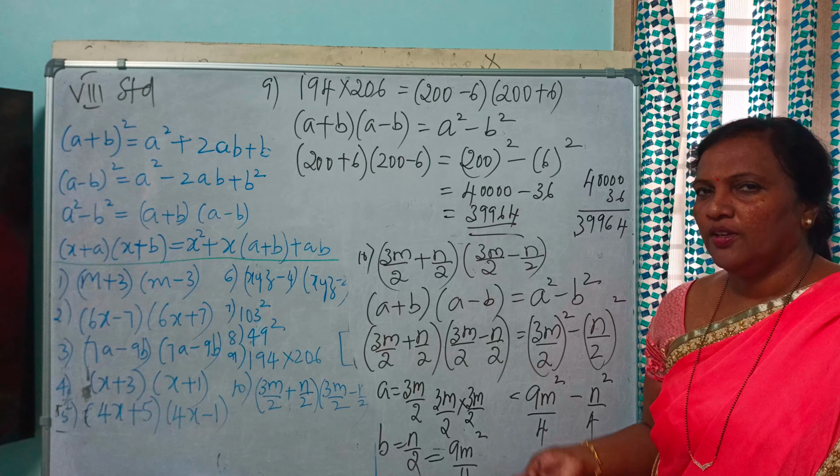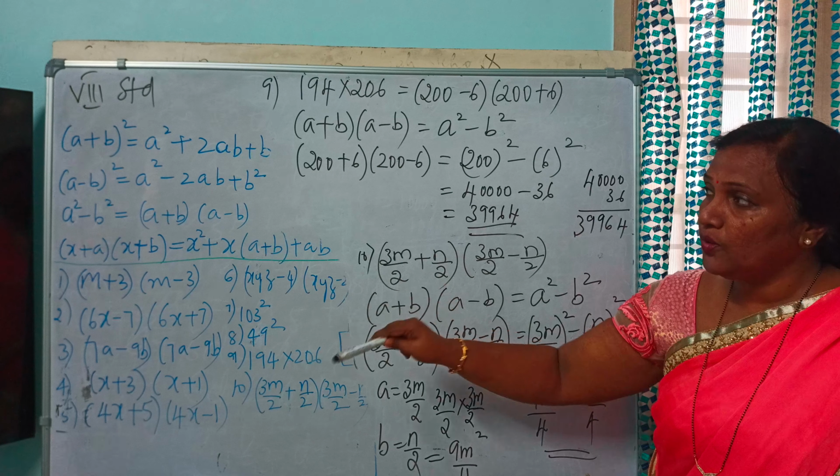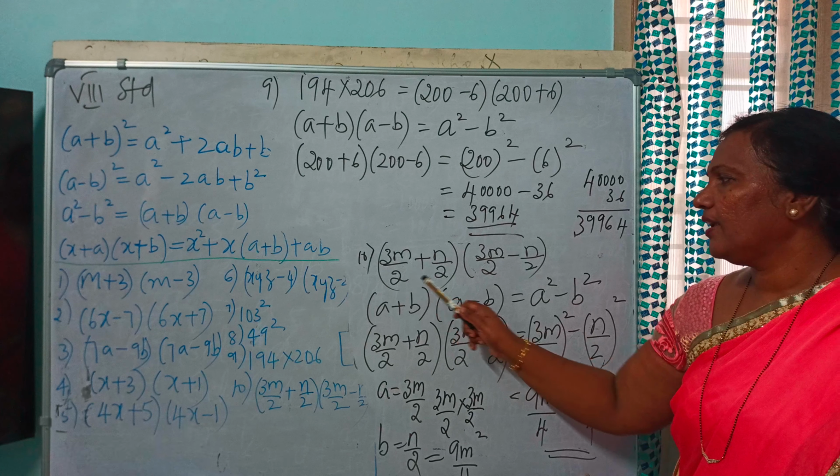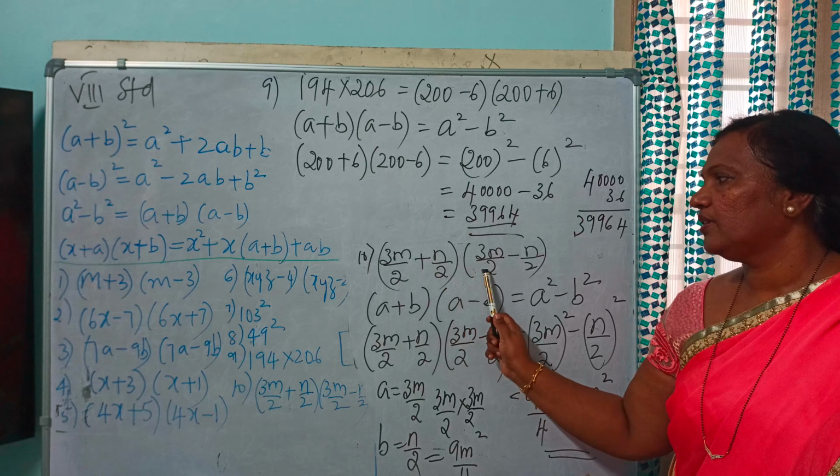Now, you have already gone through all the 4 identities. The last problem, you see. First terms are same, second terms are same. One is plus, the other minus, again it is known. A plus b into a minus b is equal to a squared minus b squared. Then what did I say? Below this you write the problem.